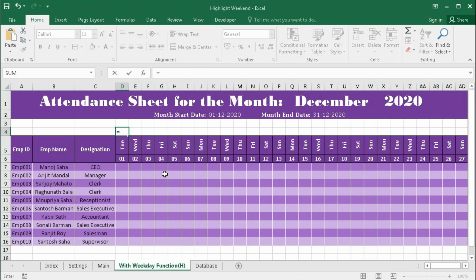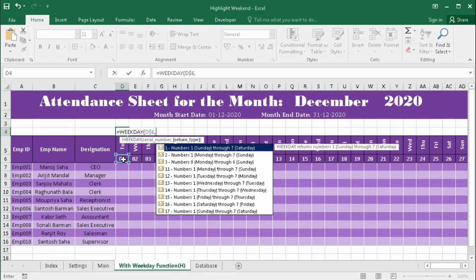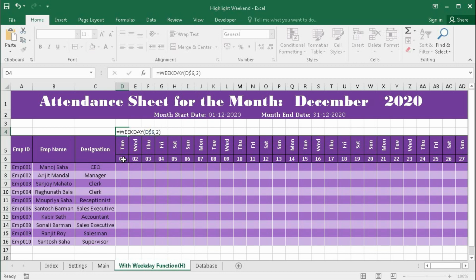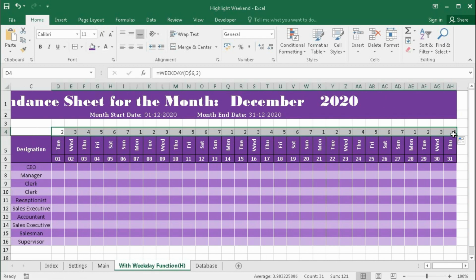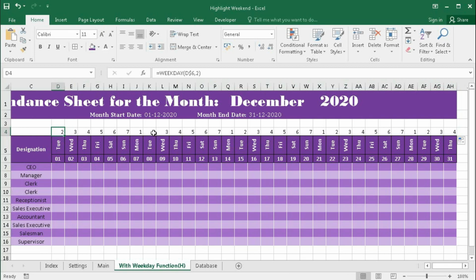So equal to weekday, serial number is this one, press F4 and lock the row number, bracket close and return type 2, bracket close, enter. So this is 2 and drag the total month and we got the weekday number. Now according to this number we can highlight these columns.